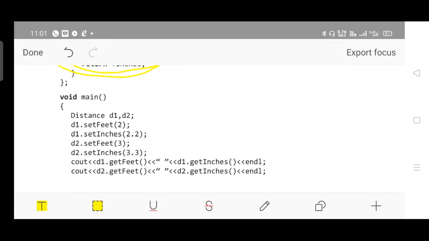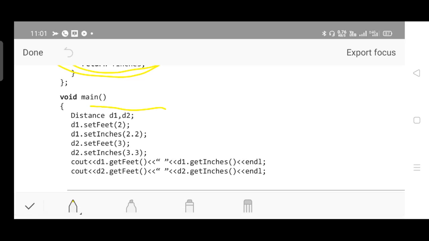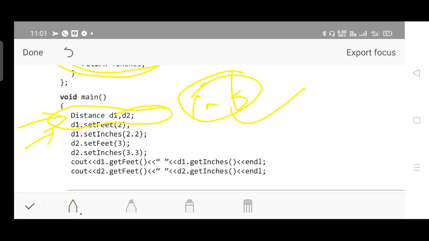In the main function we are creating the instances or objects of type distance, so variables of type distance. How do you declare int a, b, or int d1, d2? In the same way, int is not the data type here, we are considering the user defined data type. Now what is the user defined data type? Distance is the user defined data type. So two variables of distance are created, d1 and d2, right? Make a call for the setFeet and setInches functions with respect to d1. While accessing the members from the structure, we have to use the dot operator. Recall those things we have already discussed, even in C, and in the previous chapter also.